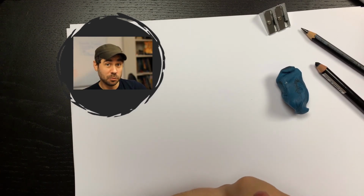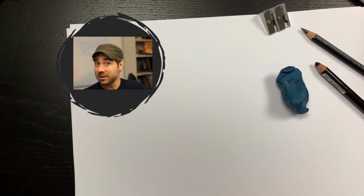Welcome friends to a new superhero portrait. This time it's a heavy hitter, Batman. Perhaps not the Batman you would have expected, but I'm in the mood for fun, so let's go with fun